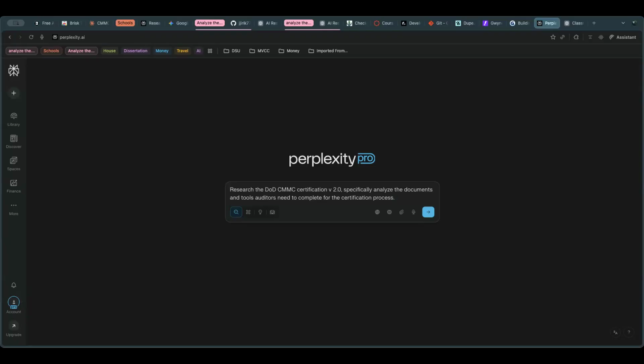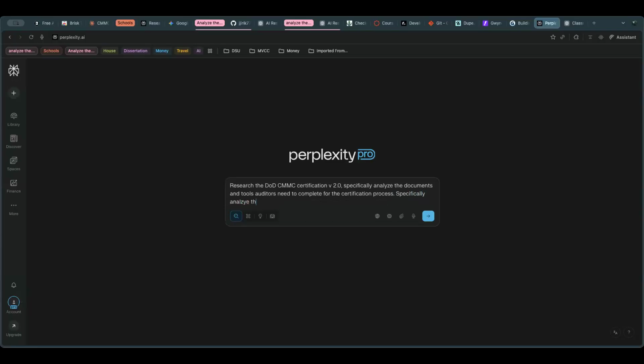So if we say that we really want to work on that security assessment report, I will say, specifically analyze the sections of the security assessment